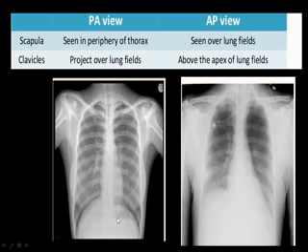So these are a few things. Some people say ribs are sliding or curving, but that doesn't work out most of the time. Sometimes, because in an AP view the patient is supine, the diaphragm may look elevated. You can see here many ribs are seen on the right side and the diaphragm is down. But here only a few ribs are seen and the diaphragm is up. Elevated diaphragm will be there. And the upper lobe veins may look prominent because the patient is supine sometimes. It's not routine, but these two, scapula and clavicle, are important.